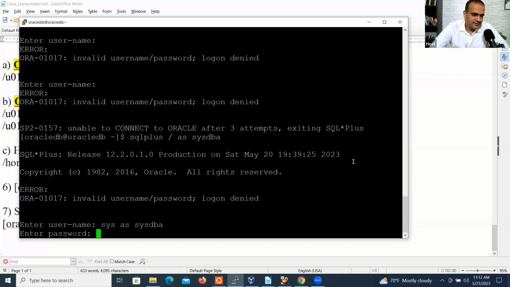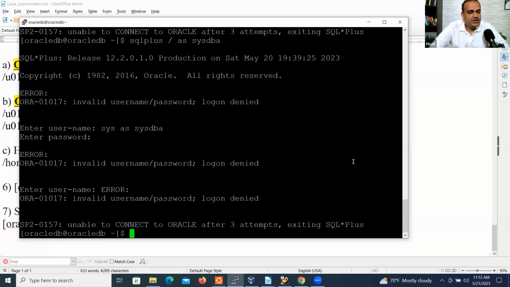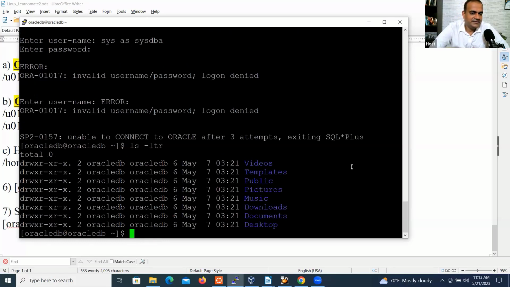Give enter. See which user you have logged in. You remember last time also, the very first thing we got stuck at the same place. You remember? So I told you the first thing you have to check. Give ls -ltr. And if you see here,